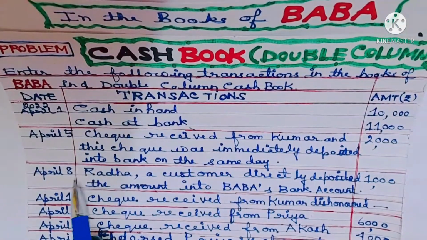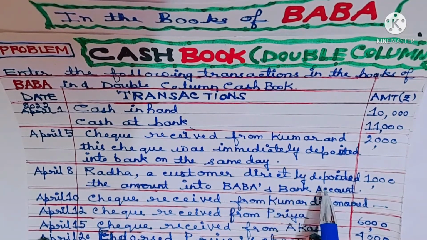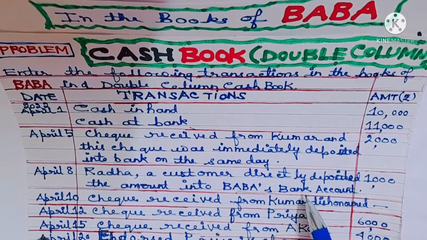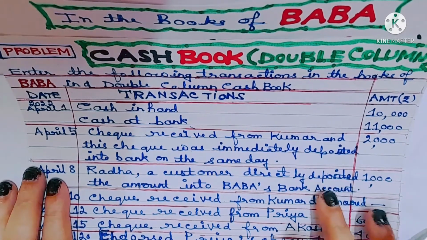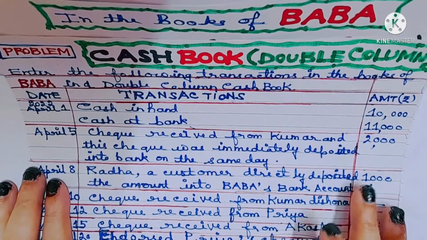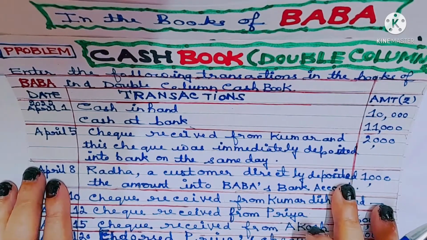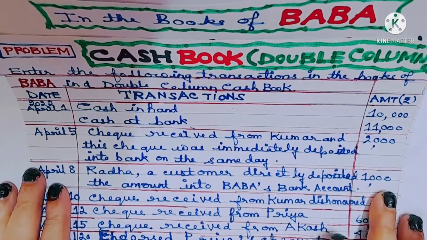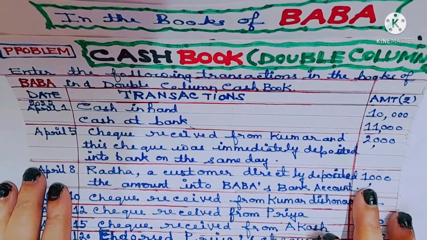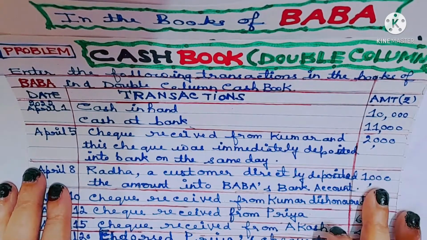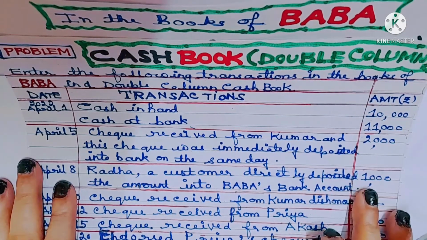The next transaction is on 8th April, Radha, a customer, directly deposited the amount into Baba's bank account, 1000. A customer has directly deposited 1000 into Baba's bank account. So what will be the journal entry? The journal entry will be bank account debit to Radha account 1000. So what is the position of bank account? Since bank account is on the debit side, Radha account will also be on the debit side. So we'll have to write To Radha account in the cash book on the debit side in the bank column